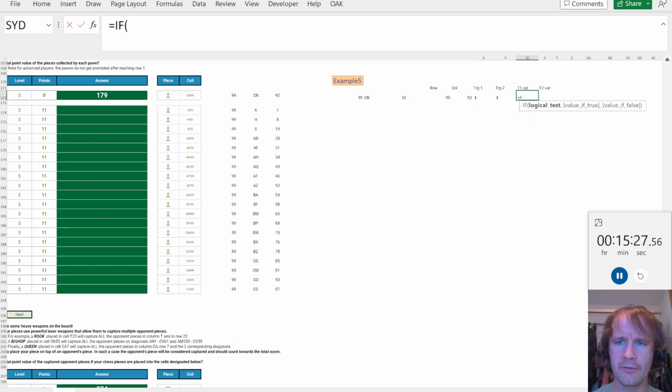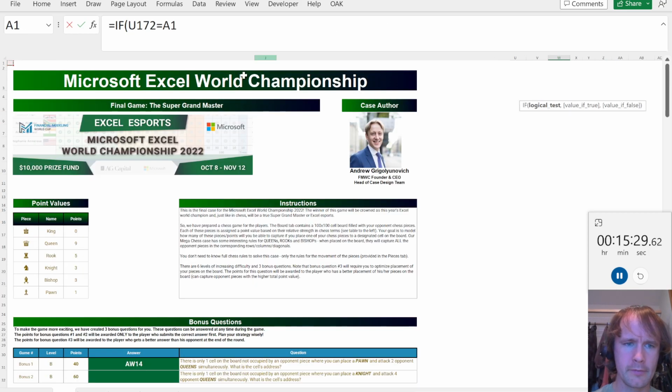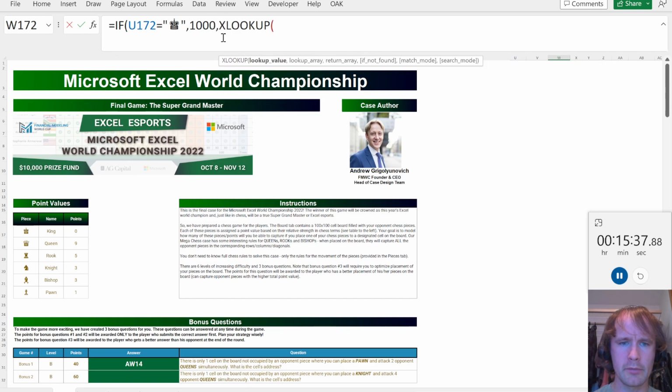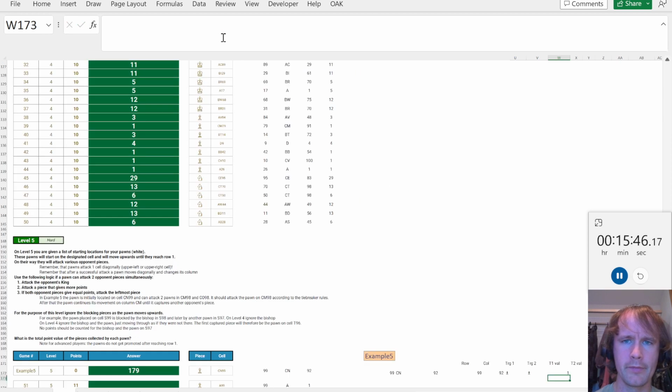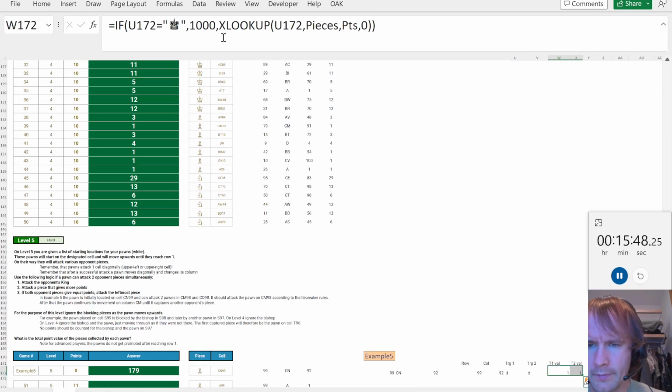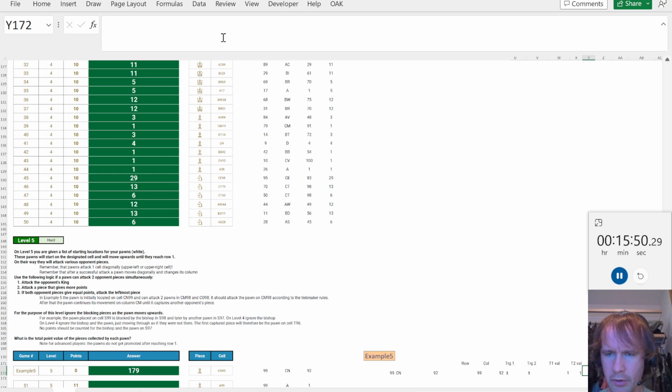So I'm going to say if this equals king, and I'll just call it 1000. Otherwise, XLOOKUP U172 in pieces, returning from points, and the error is 0. Okay, so I've got 2 pawns I can take. So then I'm going to say